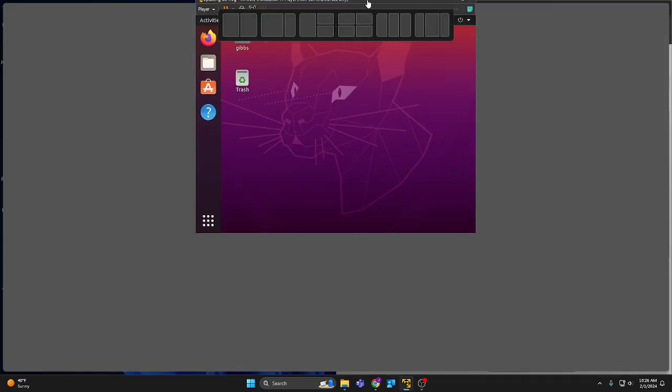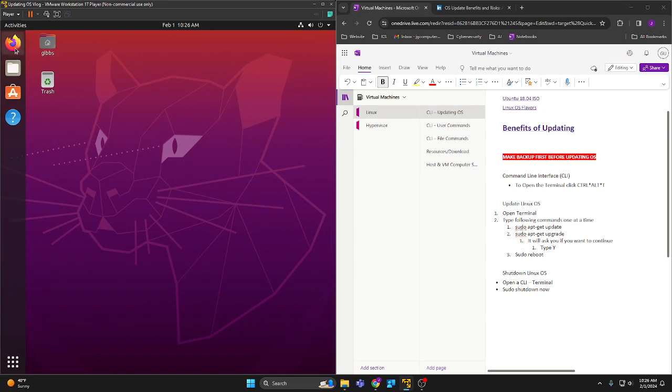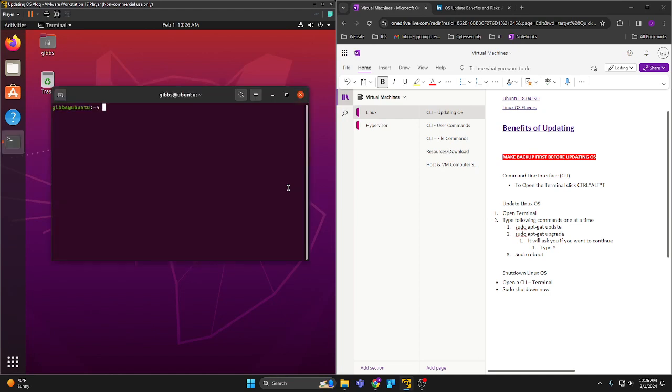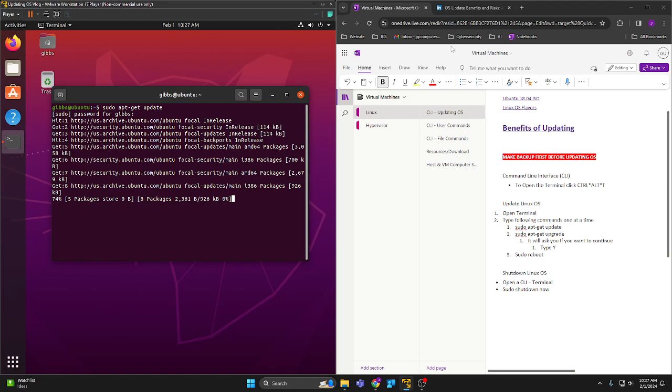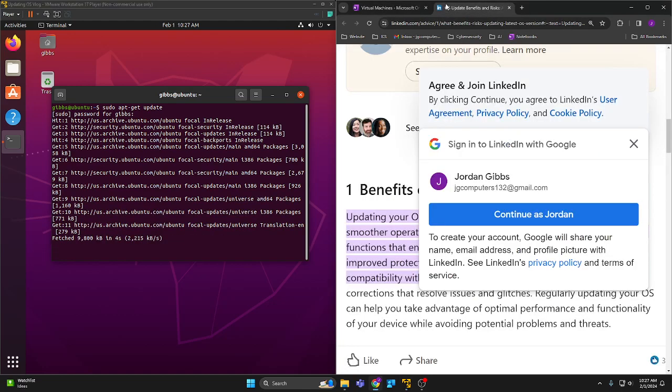To open that up, I'm going to put this to my left here, and the first thing it says is to do a Control Alt T, which opens up the terminal. To update, you want to do a sudo apt-get update, as seen in the notes here. So I'm going to do that. Put in my password. And while it's updating, I'm going to go a little bit over the benefits on this